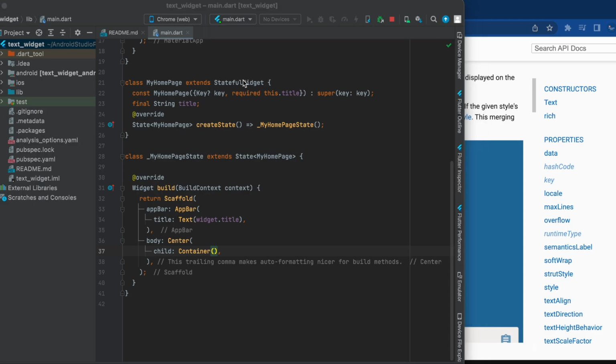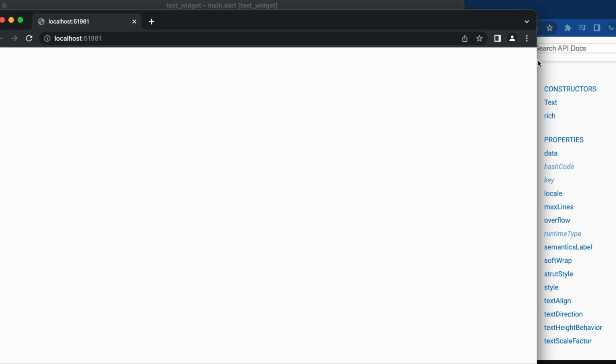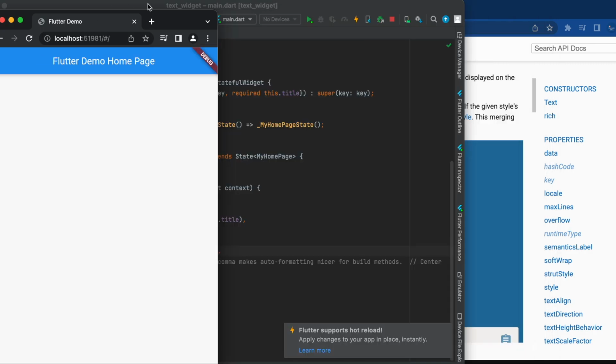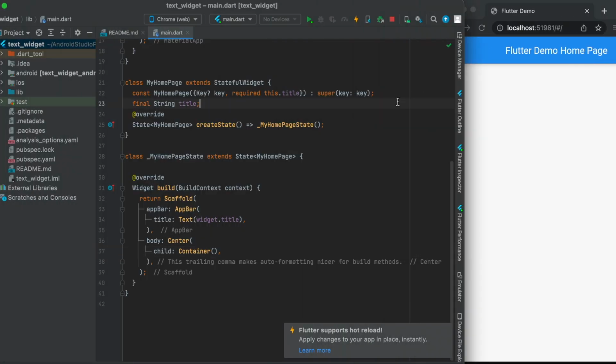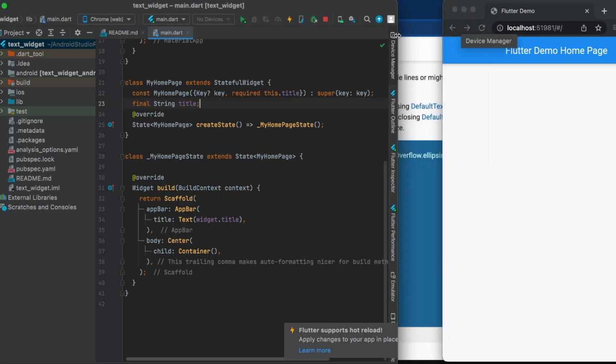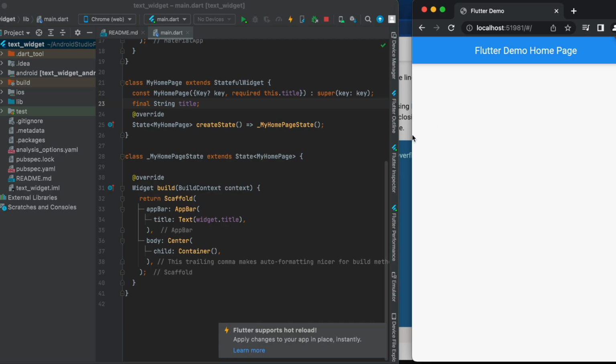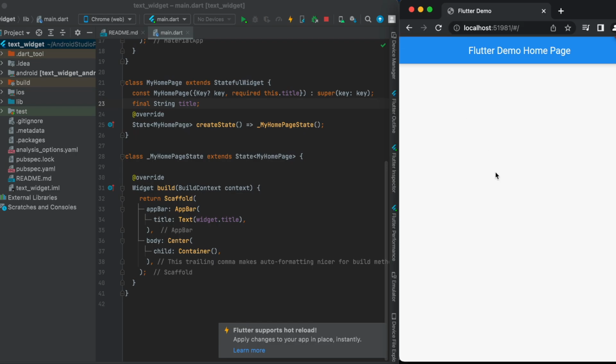So we are just going to run that in Chrome, and we make it the size of a phone, and you will see the app better. Okay, so here you can see my app is successfully running, and we don't have anything over here, right? This is the center part of our app, in white, and the child of that is the container, right? What a container is, I will explain later, but